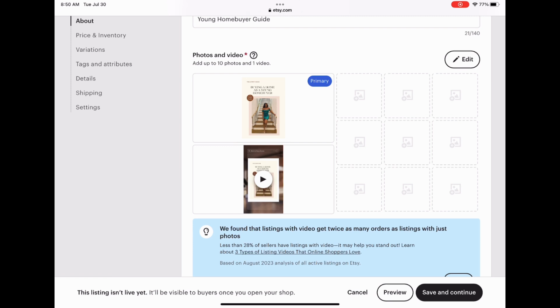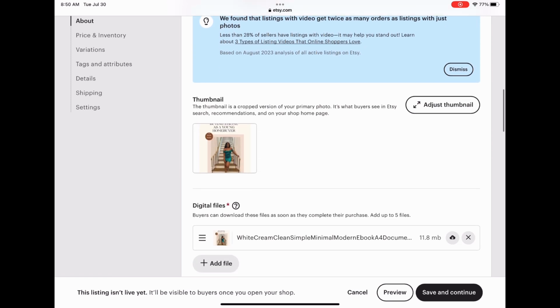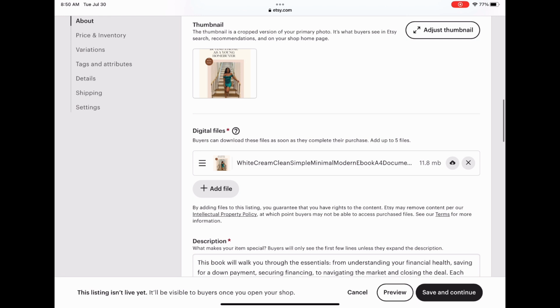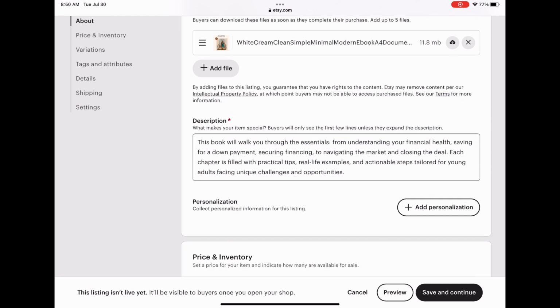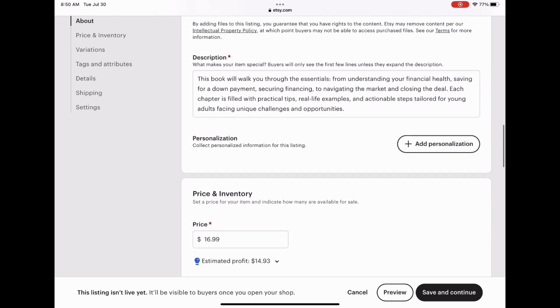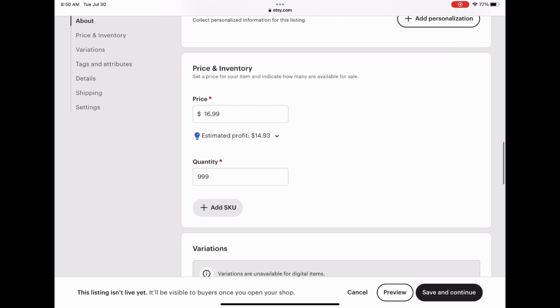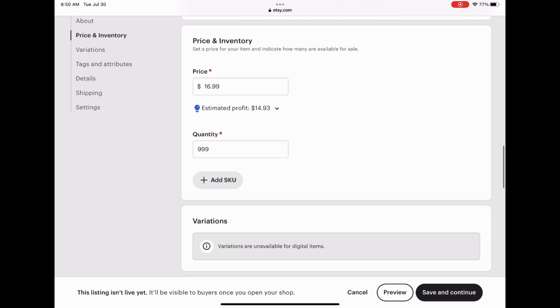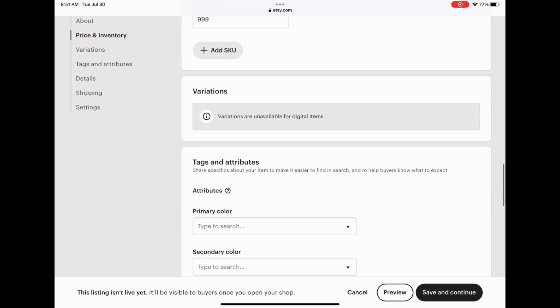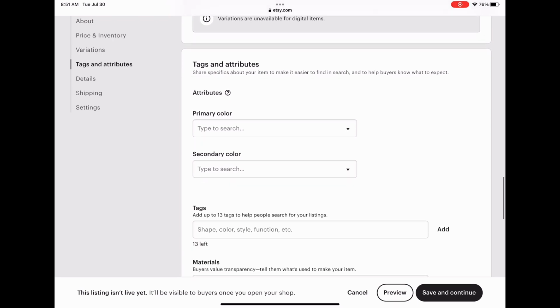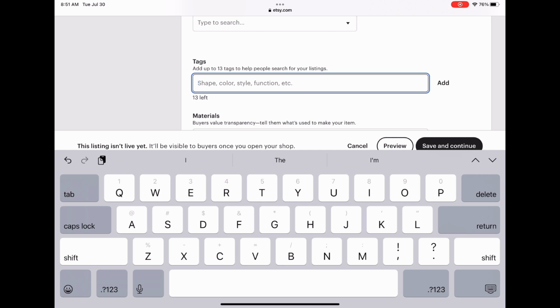Now that I've taken the time to go through it off screen, I was able to create a thumbnail of the front cover of the book and also add a description about the book as well. You can pause to read it if you need to. And then I'm just scrolling down to make sure if there's any other sections that I can add or that I have knowledge about. I'm not gonna do the primary colors and things like that, but I definitely want to